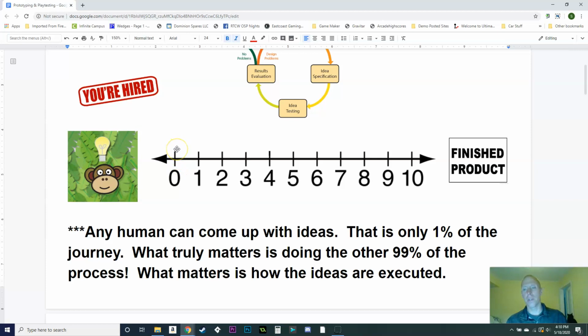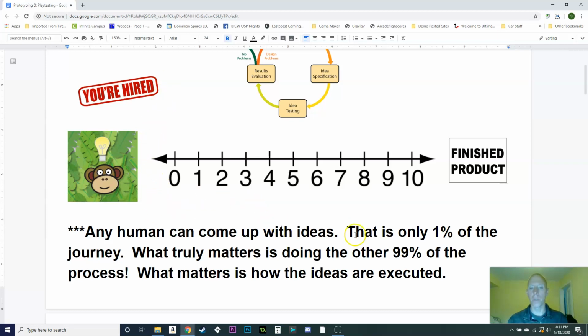Something I want you to think about is that any human can come up with ideas. Any human. Just throw out all kinds of ideas, whether they're good or bad. Anybody can do that. It's like a monkey with a light bulb here. We're all just monkeys throwing all kinds of ideas out there. People don't really get hired for just having ideas. You throw 100 people in a room, all 100 people can come up with some sort of ideas. We're not just going to hire all 100 people to create ideas.